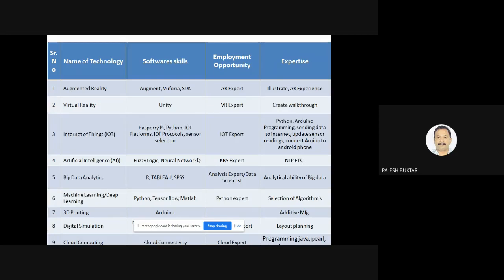And what are the employment opportunities which are available for the students? And for that, what expertise should the student develop? If the student is already aware of this at the beginning of the early semesters, then he can target which area is applicable to him and what skill sets he should acquire before he graduates. Because if a student does not have the flair for these technologies and he graduates, then probably he may end up getting an obsolete degree. That is a threat.